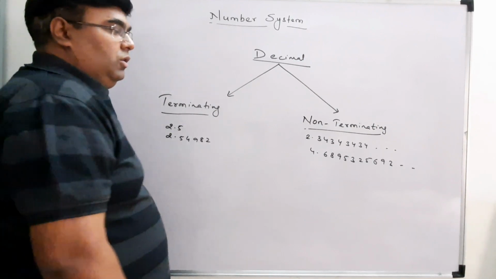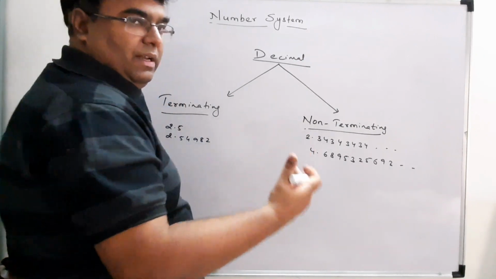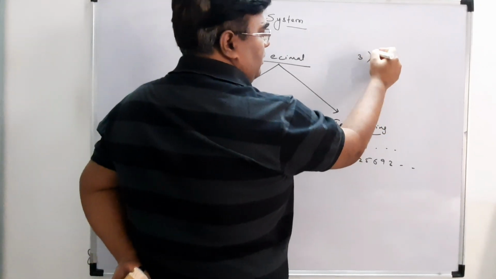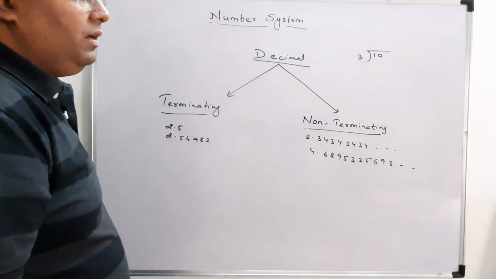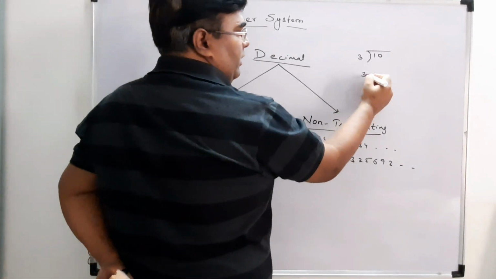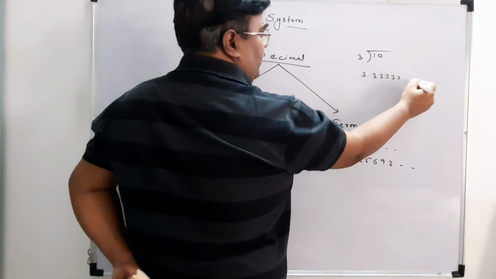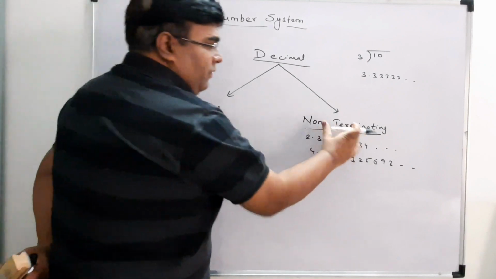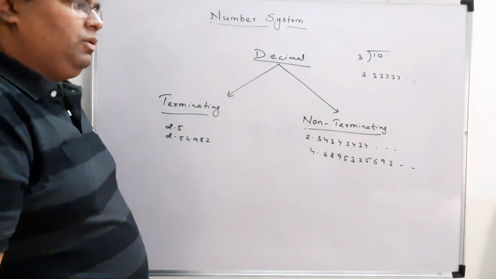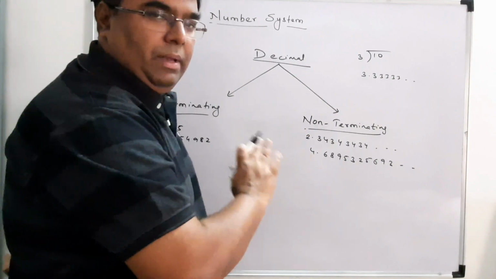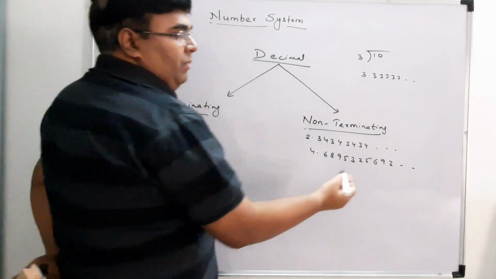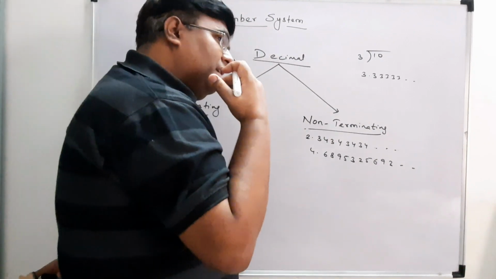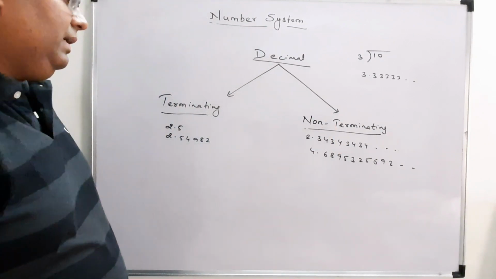Okay, so you can find these types of decimals when you divide. Suppose you divide 10 by 3, what will you get? You will get numbers like 3.33333 and continues, right? So decimals can be of non-terminating type. Non-terminating means it is not going to stop anywhere, and you will always find a dot dot dot. And dot dot dot means what? It is going on, it will continue forever, right?